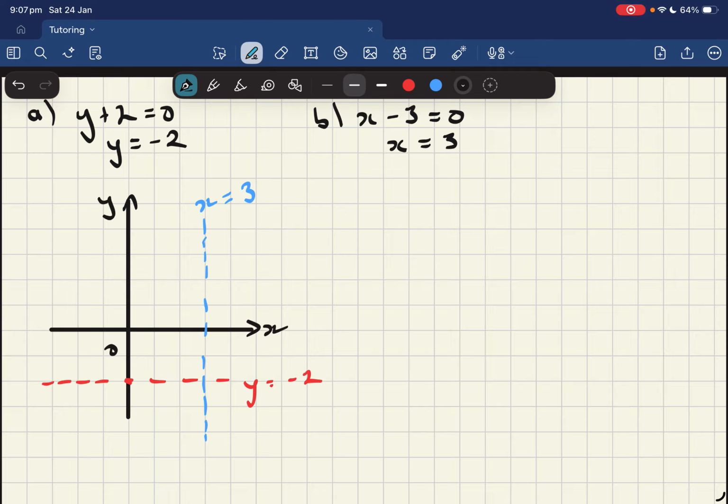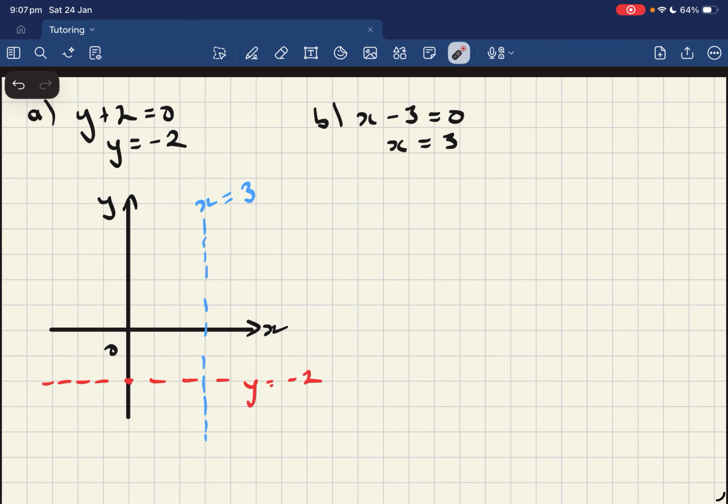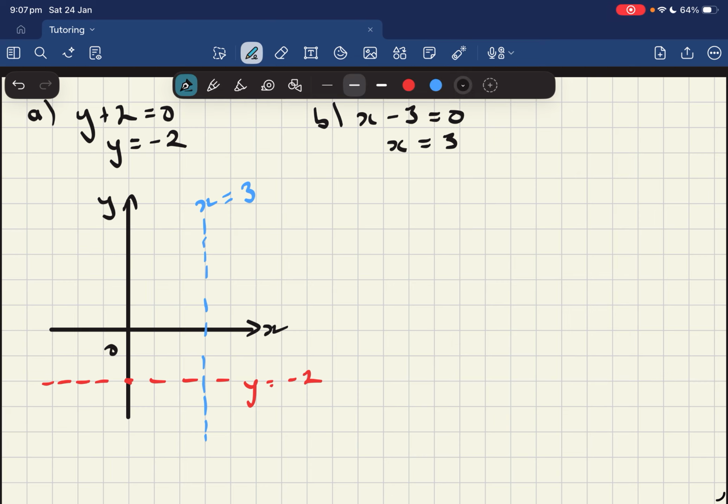Now I can see that this one, it's a relation, but not a function. The reason why is because it fails the vertical line test, because it quite literally is a vertical line. So by just looking at it, we can see it fails. All of these coordinates share the same x coordinate of 3. So this one is not a function, it's a relation. So just labeling these in. The first one is a function. Second one is not a function. And the third one,